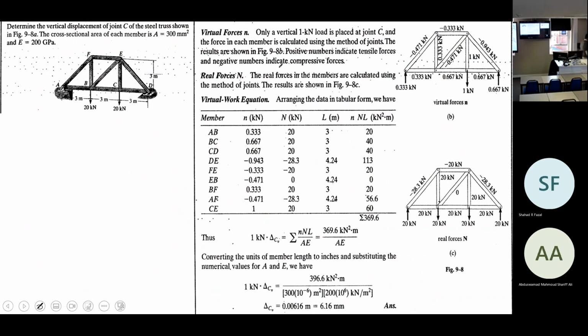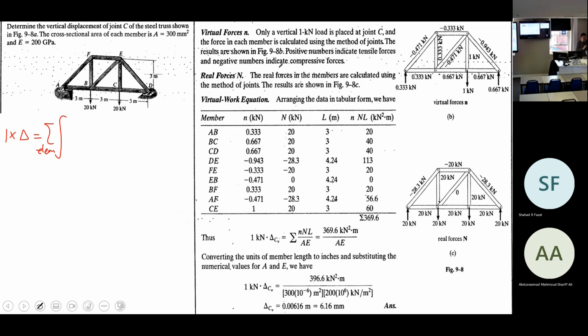Again, we come back to truss structures. Truss structures are also important and also easier than frame structures because they just have axial forces in the elements, right? So before we start, I repeat the equation of virtual work again. Summation is for all the elements.